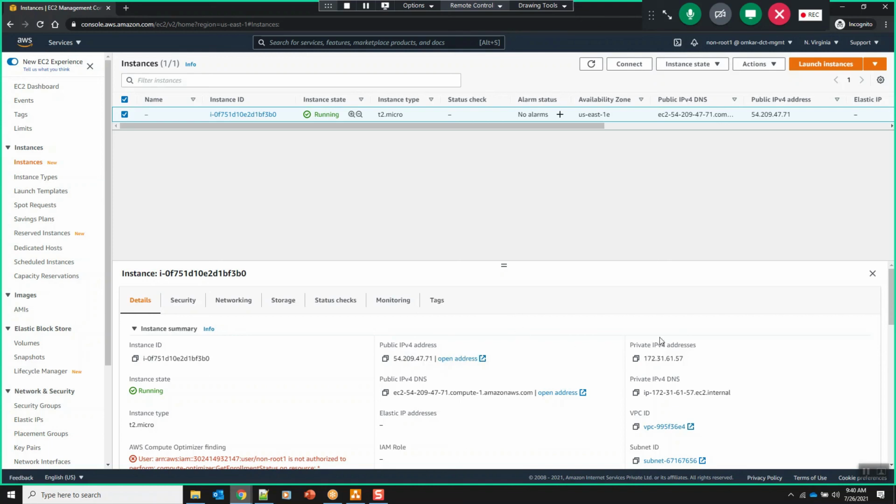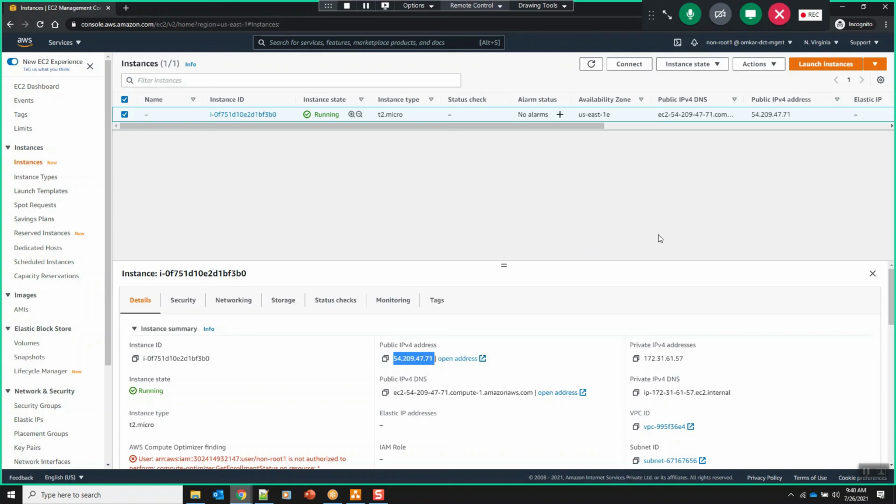Private IP address is something which is constant. You could see it is still ending with 57. Even when you stop it, the private IP remained constant. They didn't revoke our private IP, whereas they revoked our public IP, and as soon as we started, now it is 71. If you want, I can stop it and start it again. Do you want to see that again, or did you understand, Ruchi?